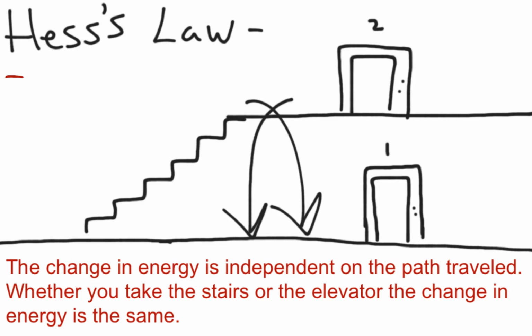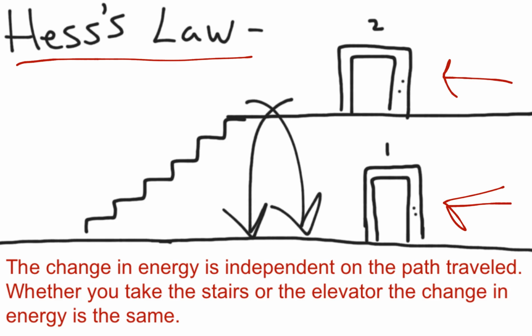So let's get back to Hess's Law. Something completely entertaining that I'm sure you're at home happy to be watching. This drawing is supposed to show an elevator on the first floor going up to the second floor. At the same time, there's steps that can go up. What Hess's Law is saying, and we can apply it to walking or riding an elevator, is that your change in energy